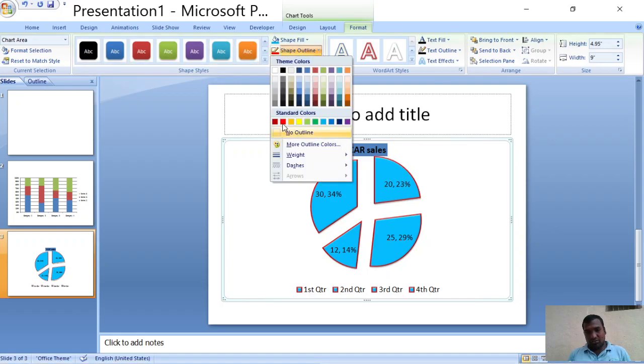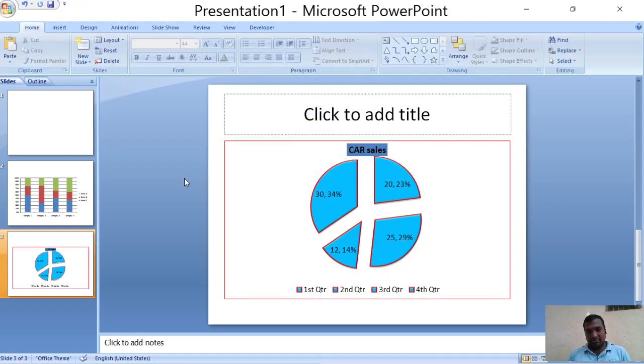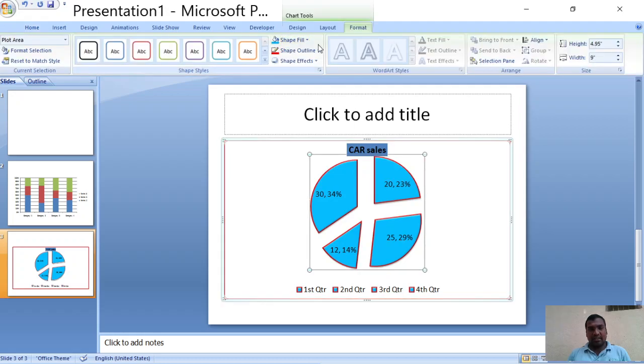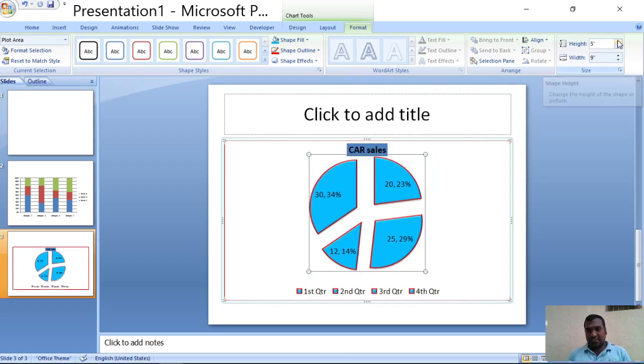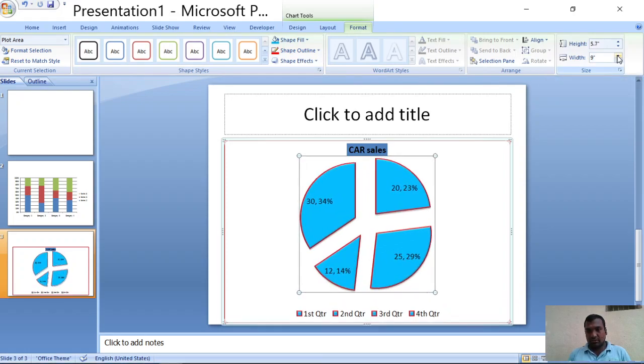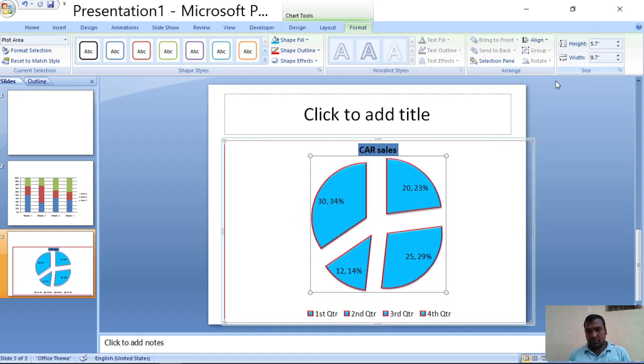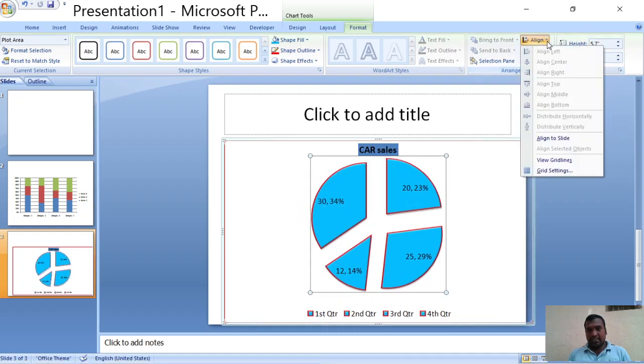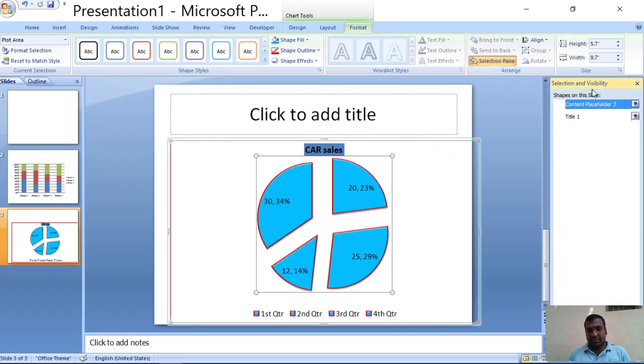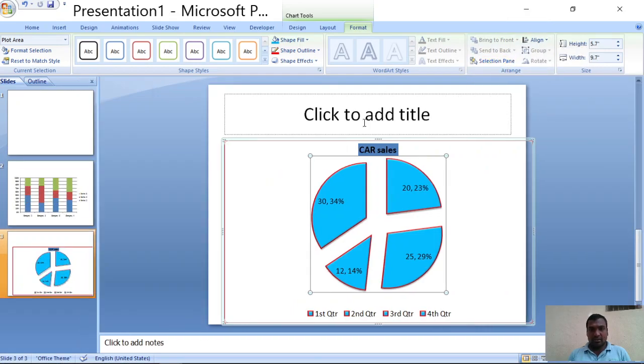Why? Because we have chosen a red color. Okay. So next, you can control the height and width of charts here. Okay. So you can change the alignment and selection pane. Okay. So this is about formatting.